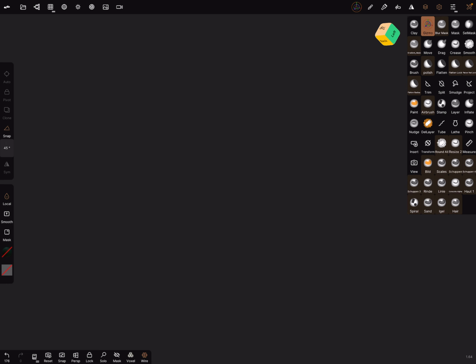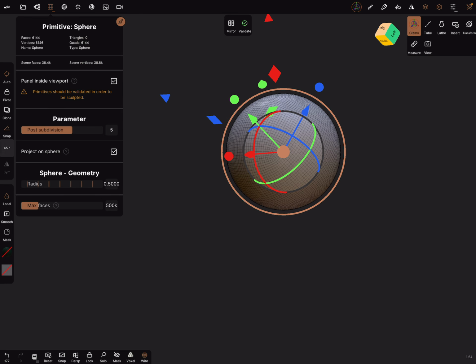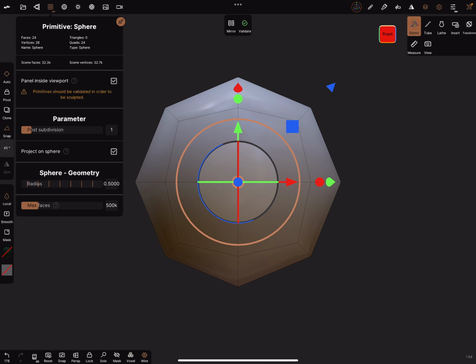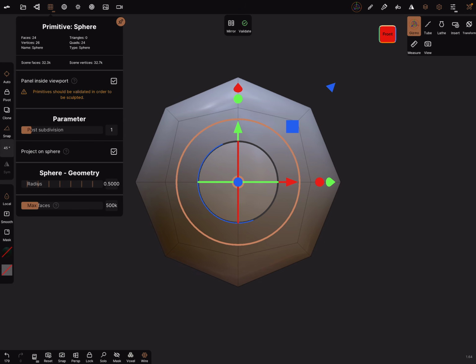First, a demonstration. I add a sphere and I reduce the post subdivision. Only to remember, now when you bring the subdivision in, you see what happens.